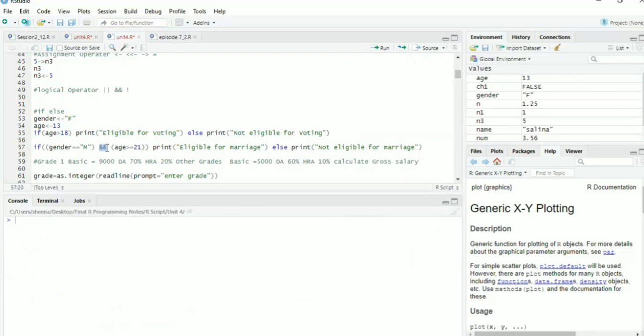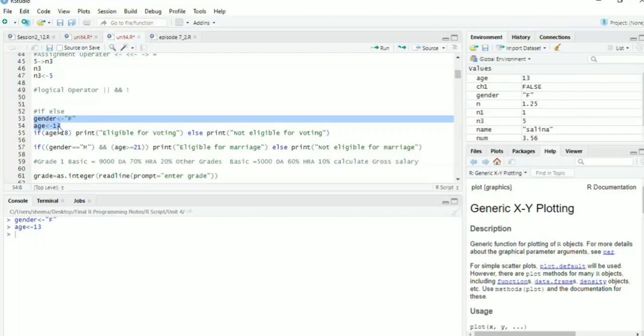Now for example, if I want to check two conditions simultaneously, we have the logical operator, the and operator. The functionality of the and operator is that if both the conditions are true, then only it will print the true block, and if any of the conditions is false, it will print the false block. If both conditions are true, it will print the true block, that is the then block, or else it will print the false block, that is the else block. So here we can see gender is female. We have executed gender and age. I will run once again.